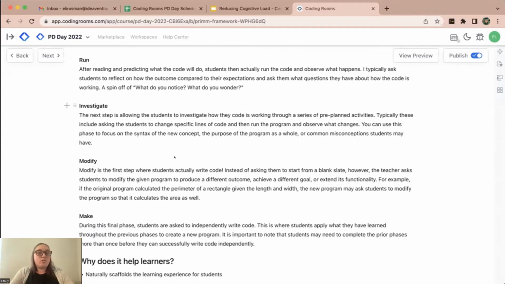After they have predicted it, then they are going to run it. This can be really hard for students because the very first thing they want to do when they get code in their hands is run it right away. But this is having them kind of step back, read through the code, try to understand what's happening first before